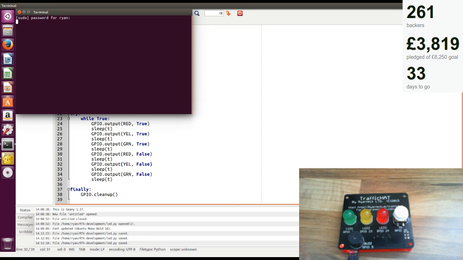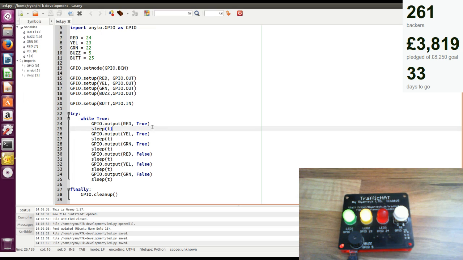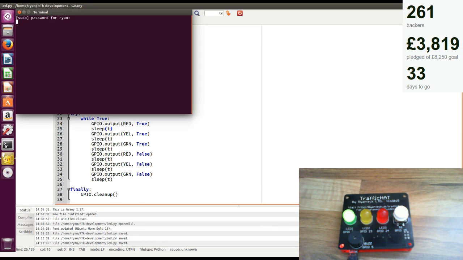There we are. And it is as simple as that to get going. There's no trickery at all or much else to it apart from basic RTk.GPIO. So let's stop the program, and it even has the same bugs as the Raspberry Pi does at the moment. So if I press stop,